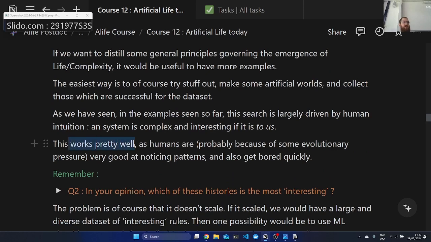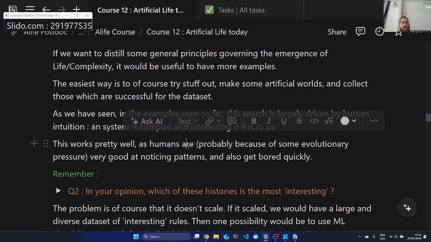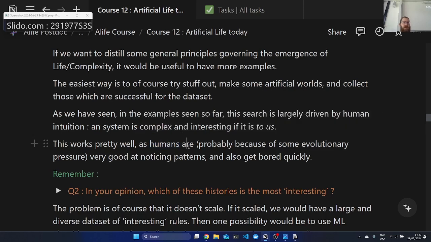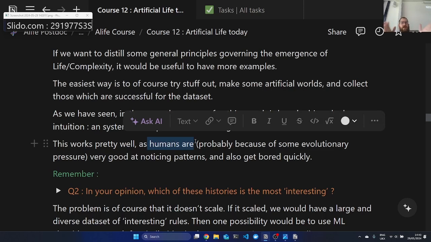So this seems to work pretty well. All the systems that I've presented today, most of them, some were trained, but they were found like this, right? People just used human ratings, maybe with some combination of automation for generation. We are ultimately the determining factor on whether something looks interesting or not. There is no other criterion which works as well.